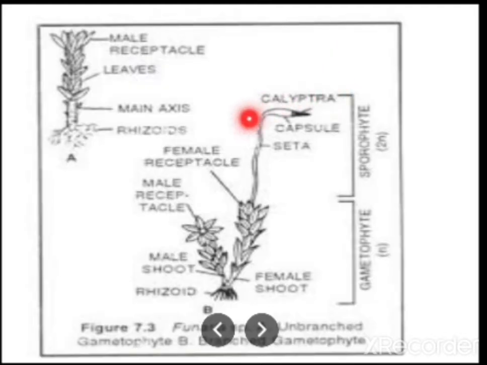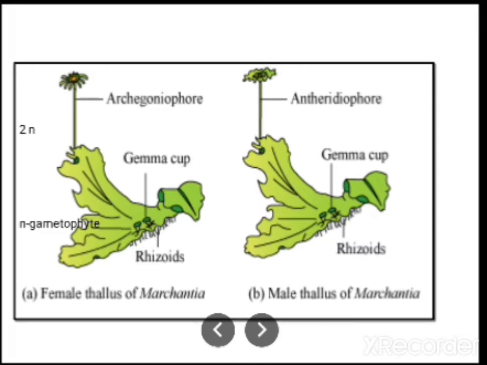Here can you see, this is the spore producing structure, the sporophyte, and this is the gamete producing structure, the gametophyte. It is the female shoot, it is the male shoot. You can see the male reproductive organ here and the female structure. That is archegonium, here antheridium. And can you observe here children, that is the sporophyte, the spore bearing structure. It is Funaria, it is Marchantia, the same way. So this is sporophyte and this is gametophyte. Gametophytes are gamete producing structures. Gametophyte is haploid and this is diploid, 2n structure.